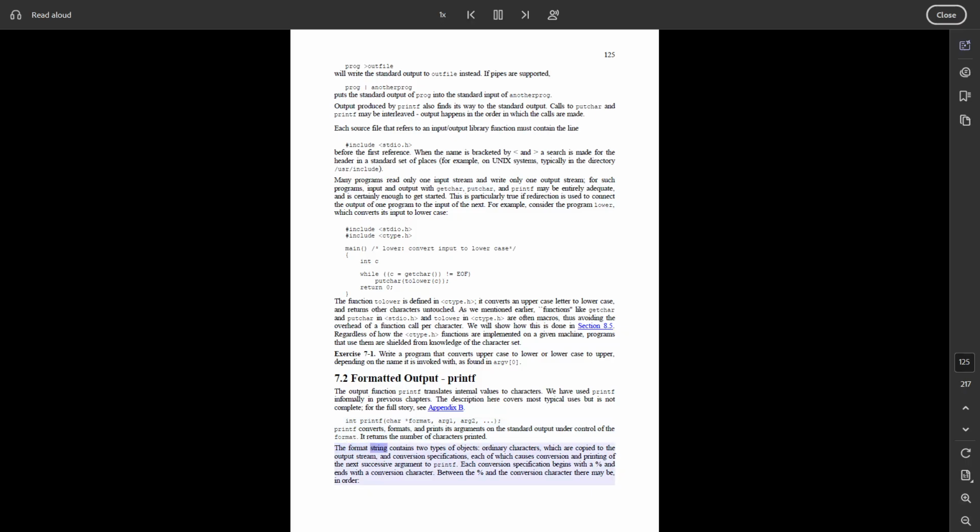The format string contains two types of objects: ordinary characters, which are copied to the output stream, and conversion specifications, each of which causes conversion and printing of the next successive argument to printf. Each conversion specification begins with a % and ends with a conversion character. Between the % and the conversion character there may be, in order,